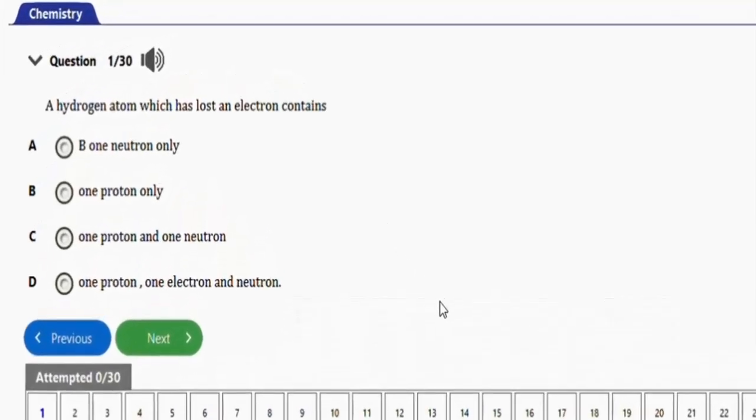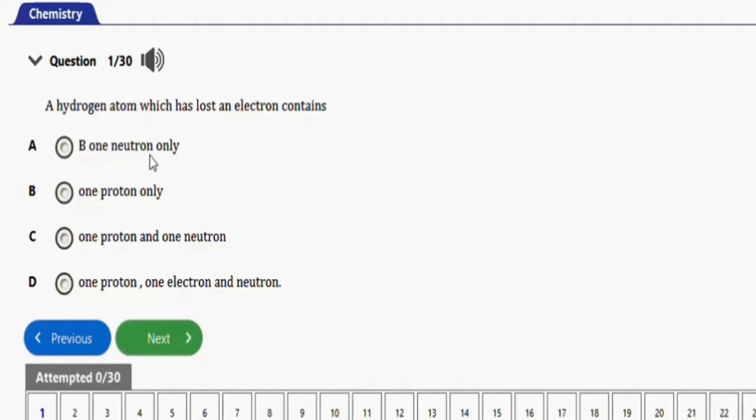In this video, we're going to learn how to solve chemistry questions on protons, electrons, neutrons, mass numbers, and isotopes. We have 27 repeated questions to practice with in this video. Let's get started. The first question says, a hydrogen atom which has lost an electron contains